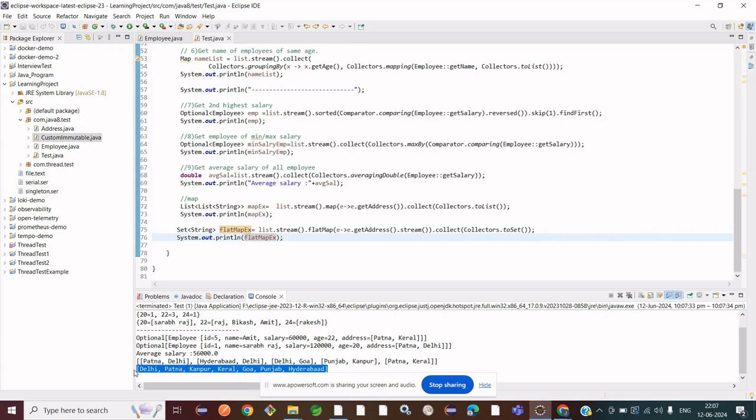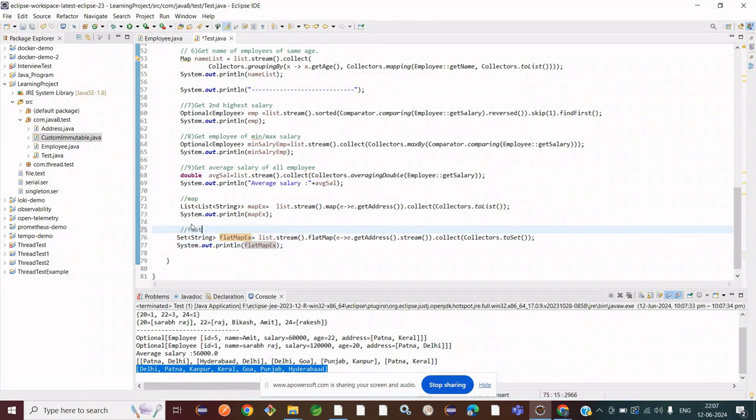So like this we can differentiate flat map and map. This is the way to use flat map. This is a very important interview question. You can practice, and we can do a number of questions with the help of map and flat map. So I hope you like